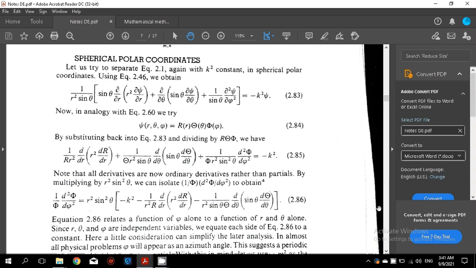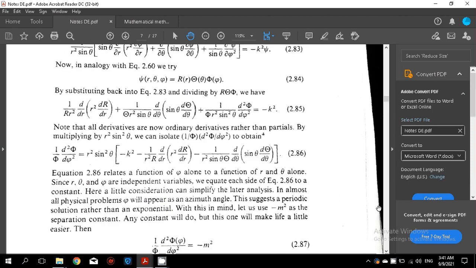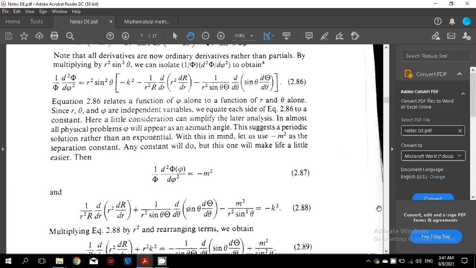In almost all physical problems, phi will appear as an azimuth angle. This suggests a periodic solution rather than an exponential one. With this in mind, let us use minus m square as the separation constant. Okay, you can follow